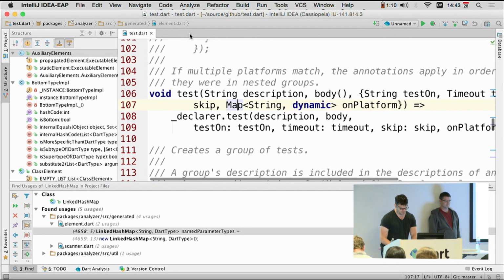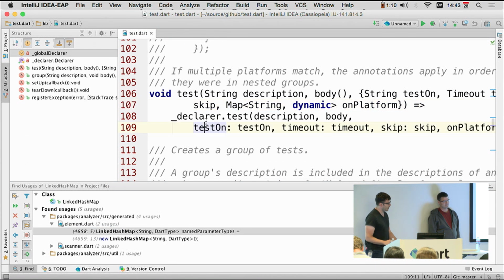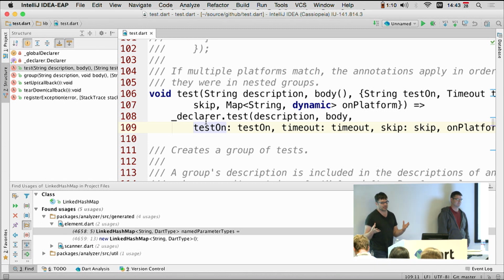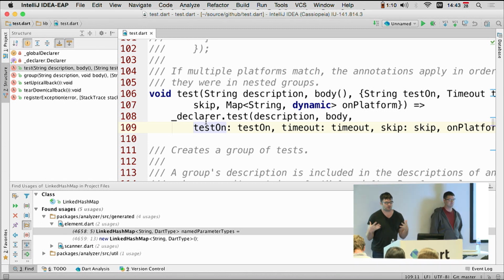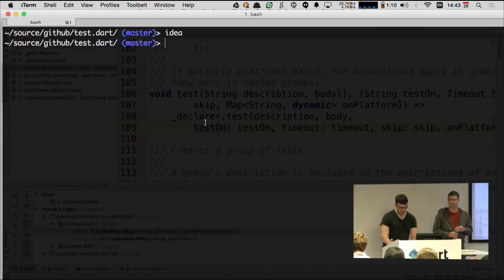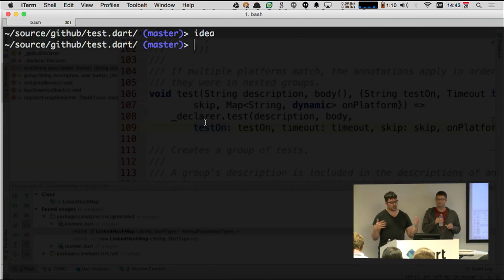And the great thing about the test package that we're working on is that it's actually designed for toolability. So we don't quite have a story yet around IntelliJ, but because it's designed to actually have a runner and a reporter and have these things be pluggable, we actually hope that integration with things like IntelliJ will be forthcoming. But one of the great things is an amazing experience for running tests across platforms.